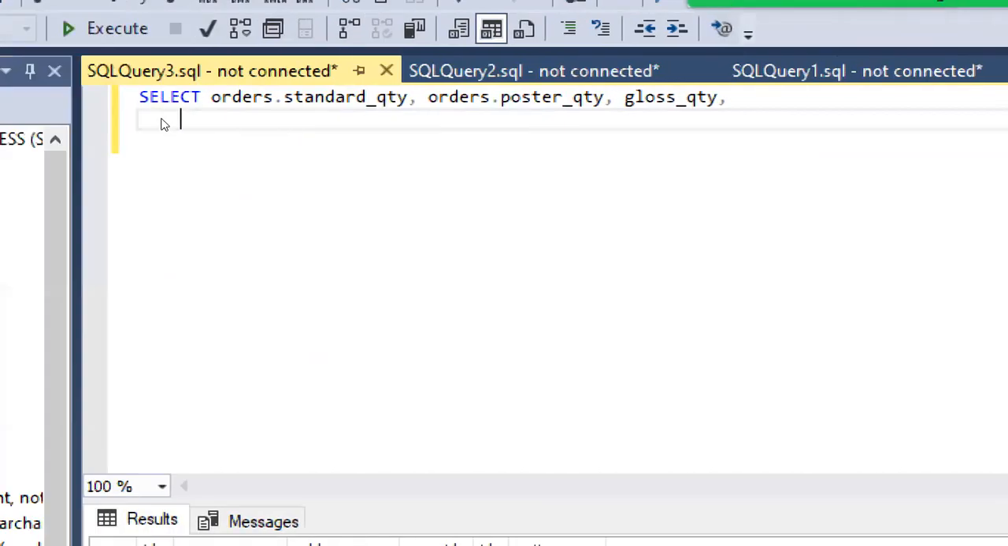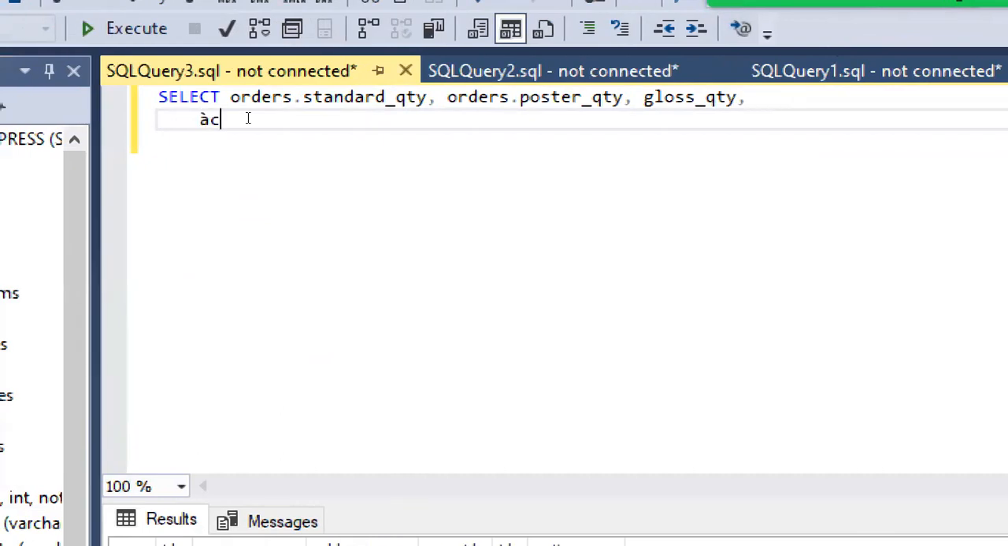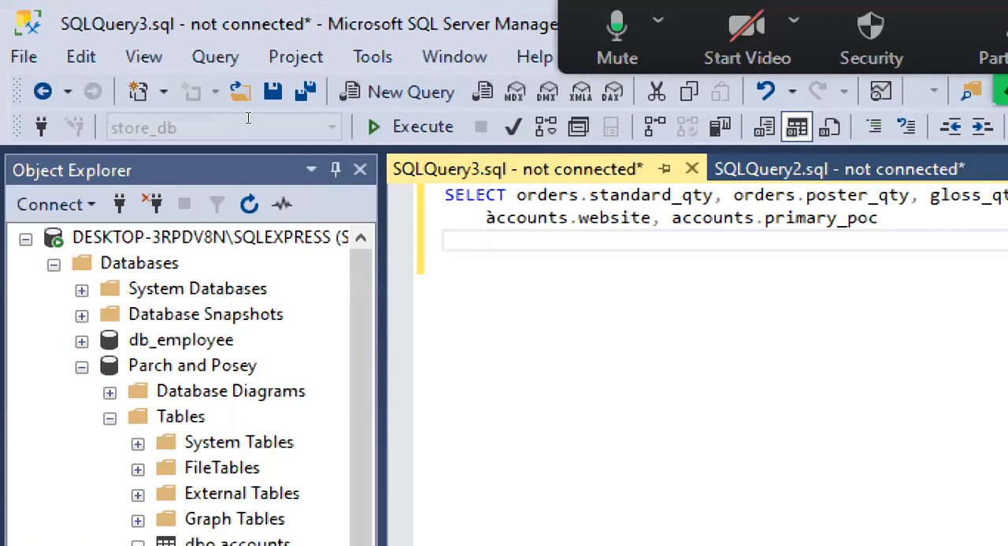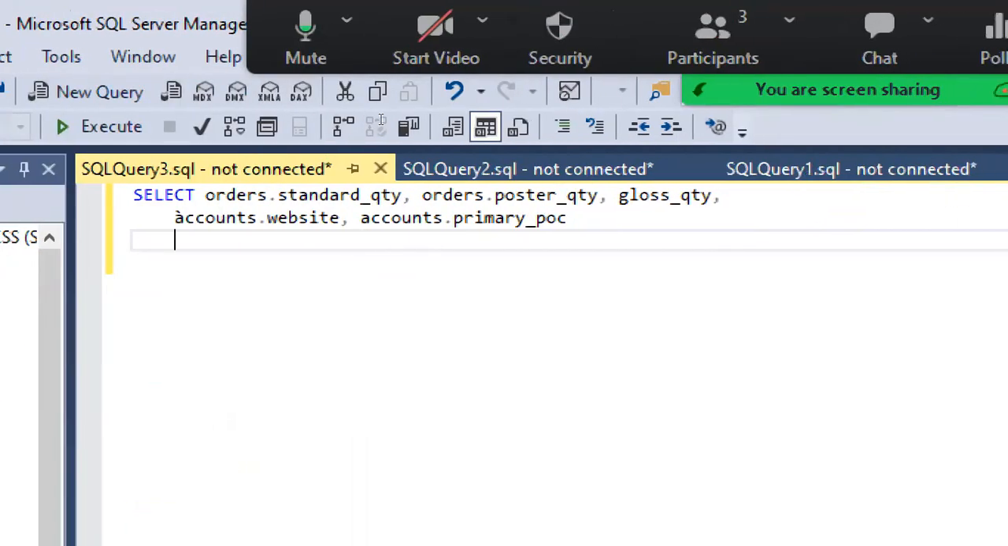And I'll add those columns. So from the accounts table, accounts table dot website, and also accounts table dot primary POC. So these are all the columns I want. They'll be in the select statement. So the next thing I want to do is